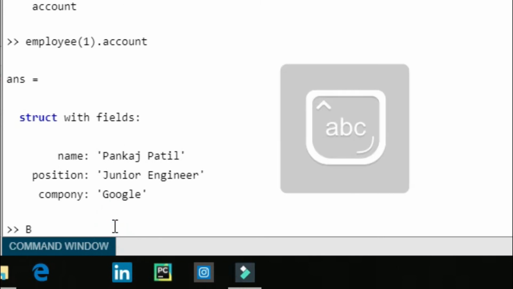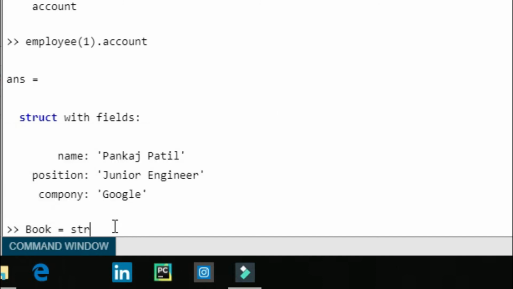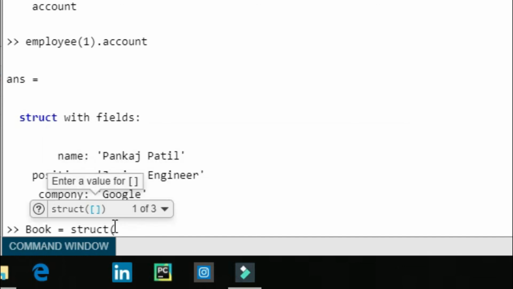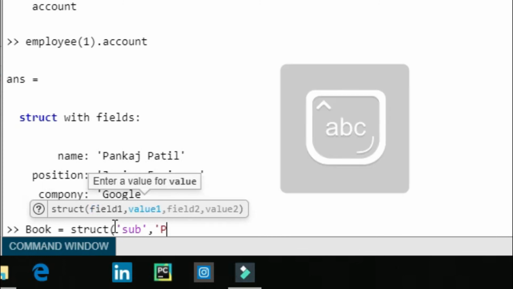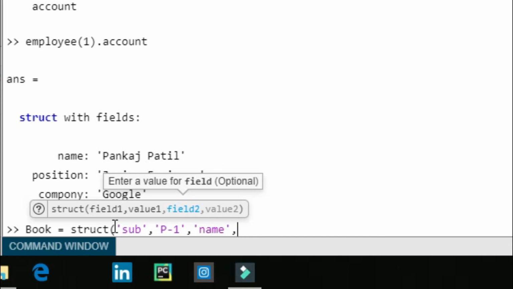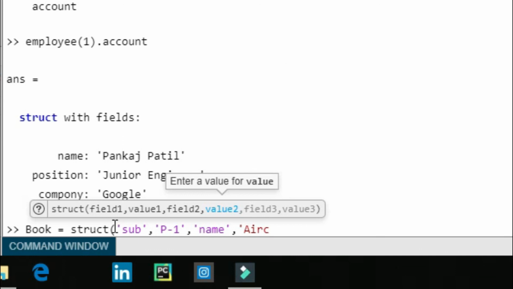Now let's try to create a structure using the struct function. So we have book equal to struct, open parenthesis, 'sub' meaning subject of this book, comma, suppose propulsion 1, so 'P1', and the name of the book is, suppose, aircraft propulsion, in single quotes in string format.